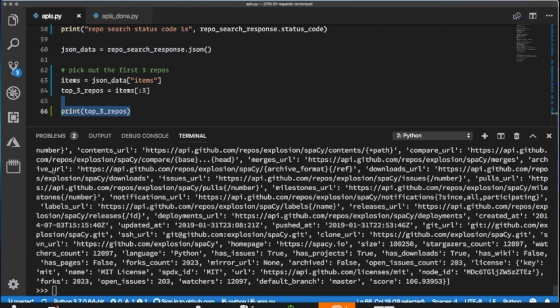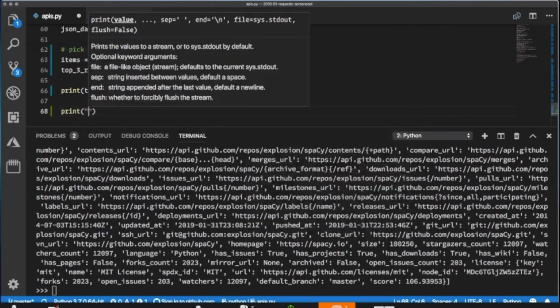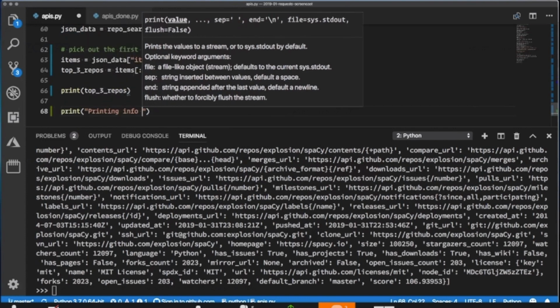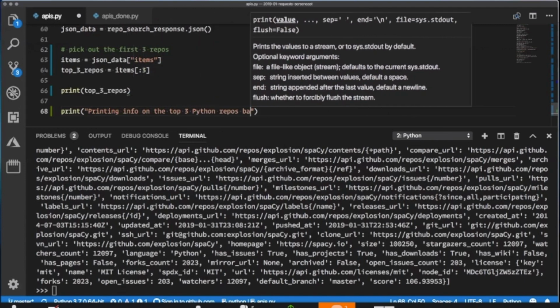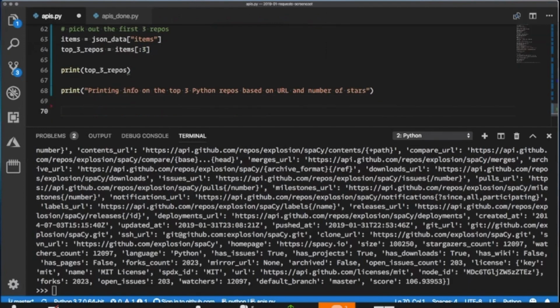If we want to print out some interesting information about these repos, like their URL and the number of stars that they have, we can just loop over them. So I'm just going to say, you don't have to type this in if you're following along, that we're going to print the info on the top 3 Python repos based on URL and number of stars. And we do that now. We have the top 3 repos in a list. So we're just going to say for repo in the top 3 repos,